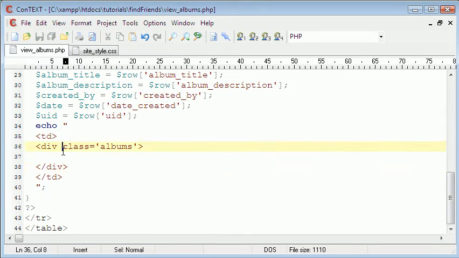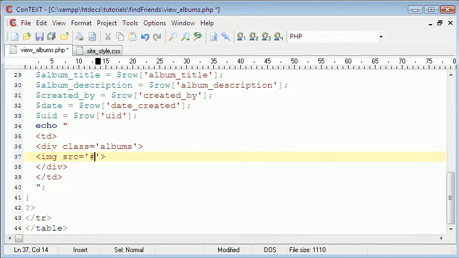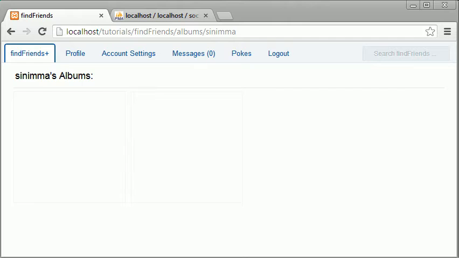And in here we're just going to create an image. We're going to put a hash in there because we haven't got our image yet, and we're going to set the height equal to 170 and the width equal to 170 pixels as well. So now if we refresh it again,